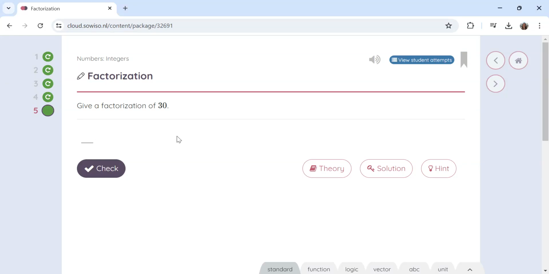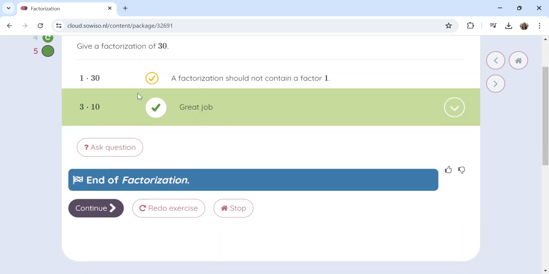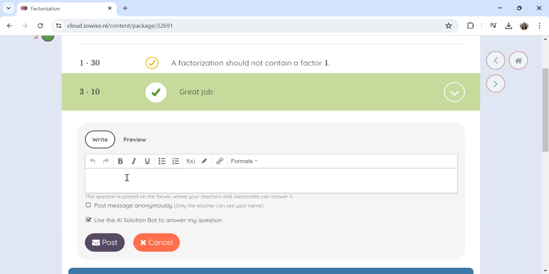Now we're going to see what happens when we ask the solution bot for help. In this exercise, I need to give a factorization of 30. So I can try and answer this question by saying 1 times 30. If I check it, I get this automated feedback that says a factorization should not contain a factor 1. So I can try something else now and say 3 times 10 and check, and I have feedback that it's correct. But of course, maybe this is not clear to me and I want to ask the solution bot for help. So I'm going to ask a question and I'm going to say,